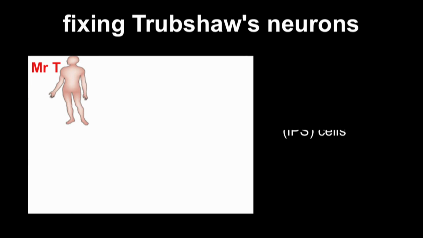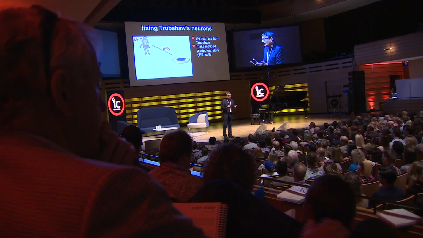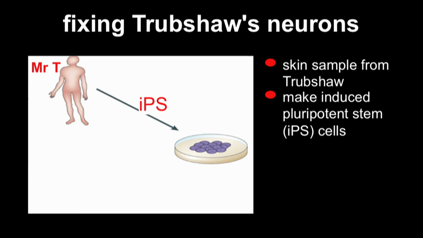Well, I think that we'll be able to combine different technologies, including CRISPR-Cas9 and induced pluripotency, to help solve the problem. So Trubshaw will go to his clinic or hospital, perhaps, and give a cheek cell sample, which will then be cultured in the test tube, and caused to become iPS cells, induced pluripotent cells. These cells are like embryonic cells, but they're not embryos. And so their developmental tabula rasa has been erased, and they can become anything that we want them to within reason, and I'll explain that a little bit in a minute. But also, because they're proliferating, we can add the editing tools so that now we can edit the gene that was predisposing to Trubshaw's neurodegenerative condition.